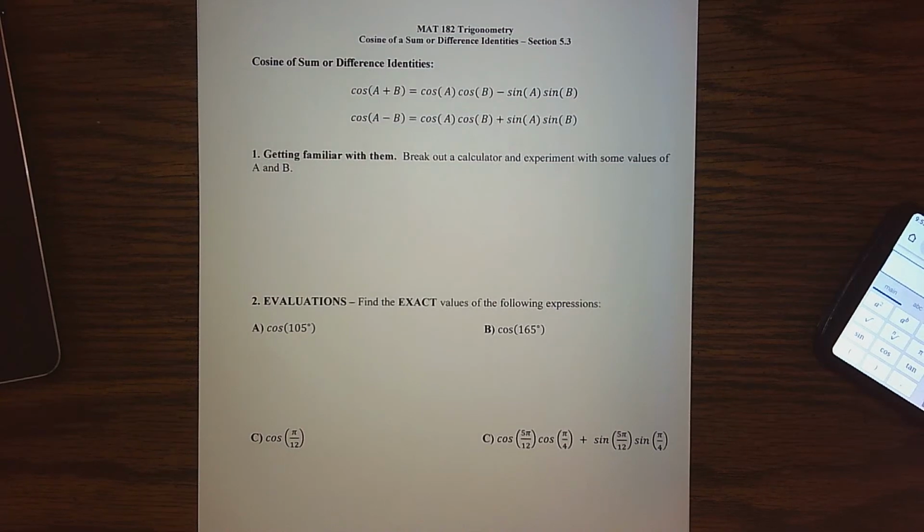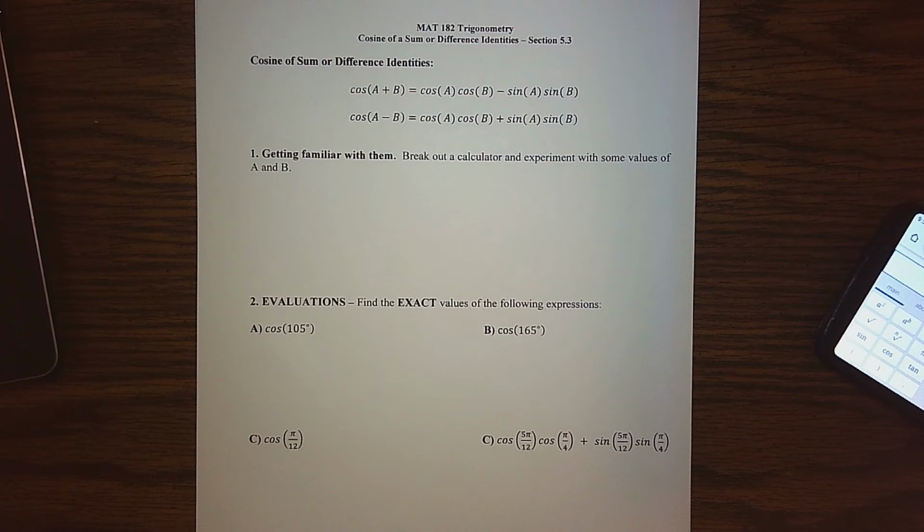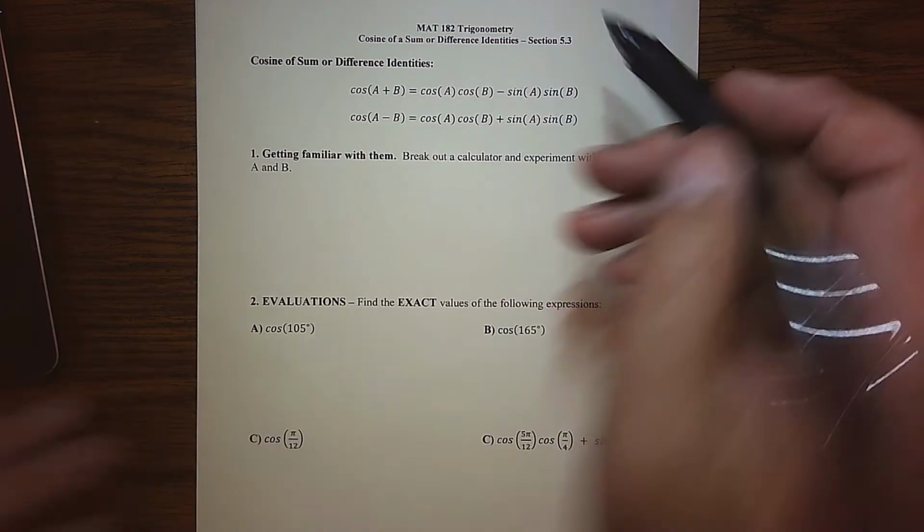Okay, trig students, we're going to be learning some new trig identities for the rest of Chapter 5. The first two sections we kind of reviewed some old ones, and I guess the only new one was the even and odd identity. And then we use that to do the big things: evaluate, rewrite, prove identities, etc. So we're going to do the same thing in the rest of Chapter 5, but each section has a new